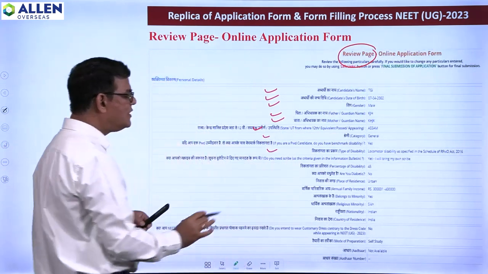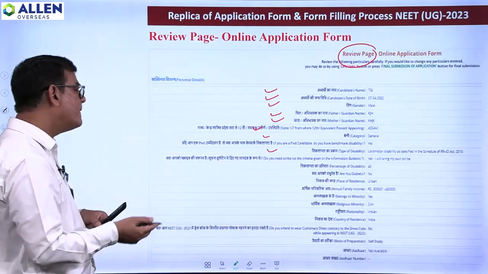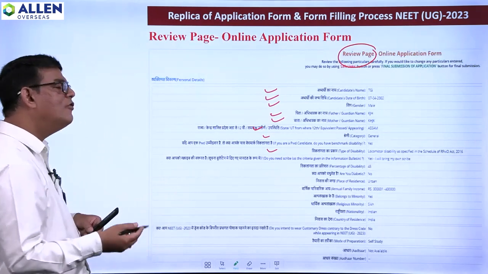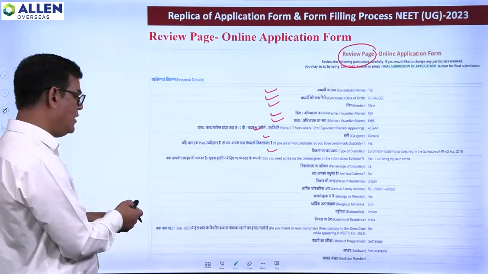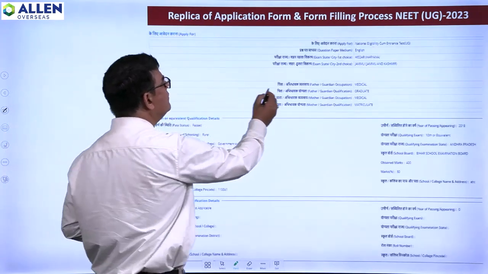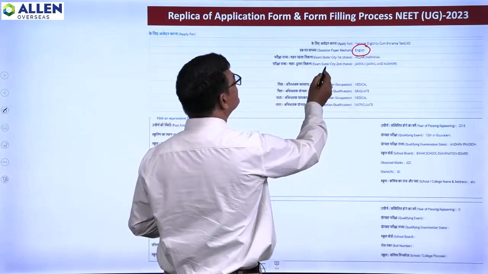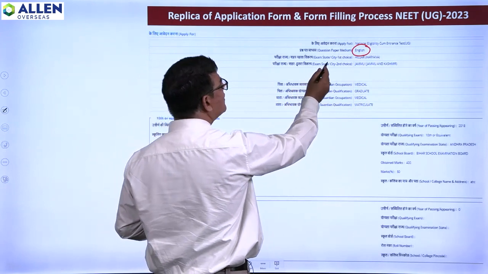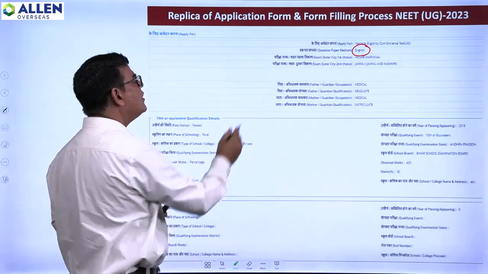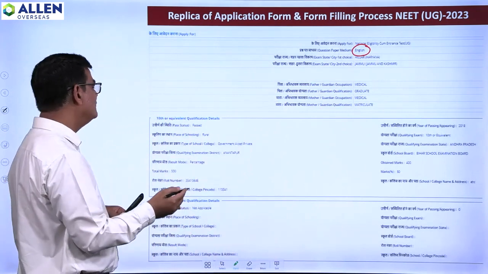Then place of residence, annual family income, religious minority, nationality, country of residence, mode of preparation, Aadhaar detail, medium of instruction, that is a very, very important field. Then first state, first examination city, second examination city, occupation and qualifications of parents,